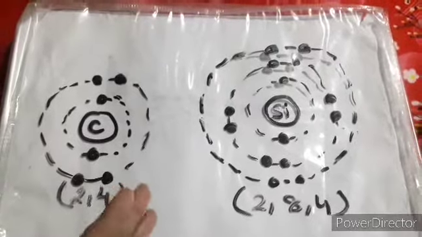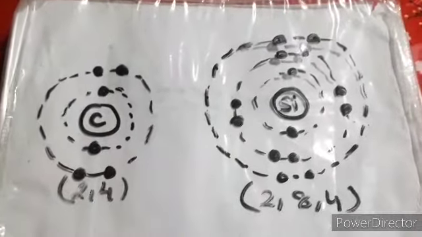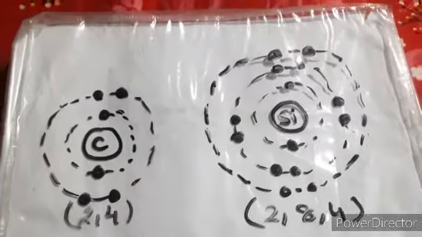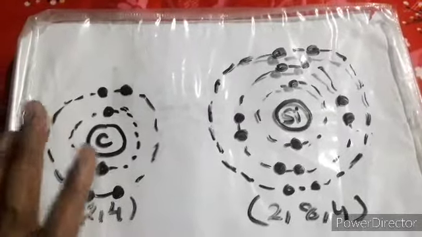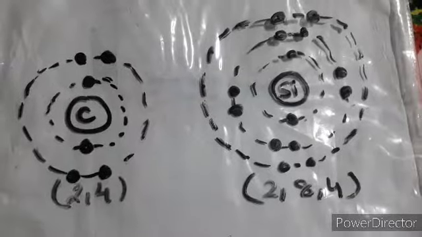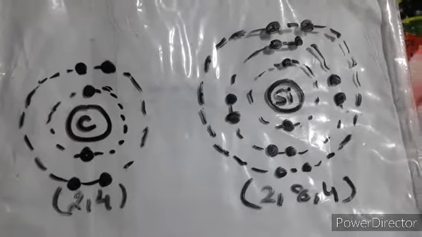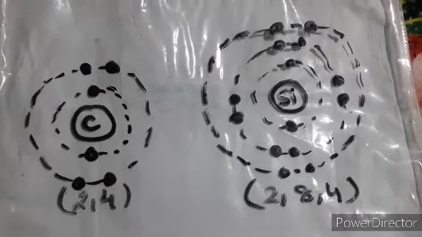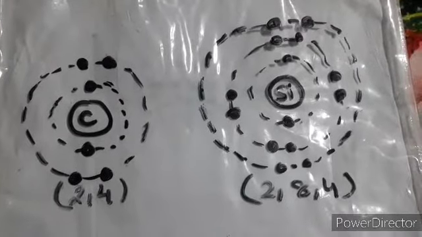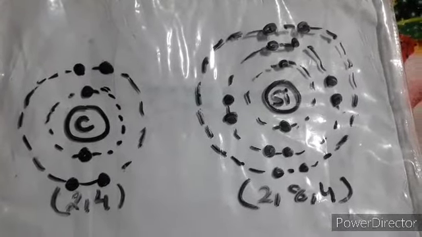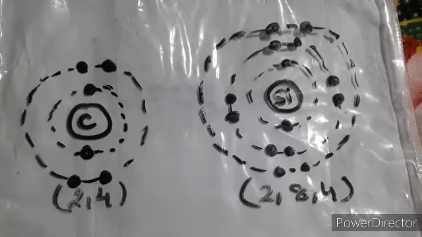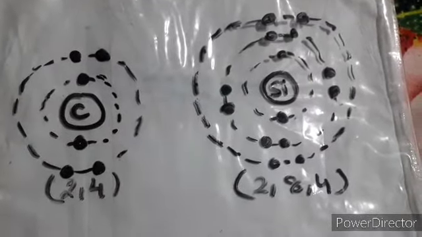Let's focus once again on this concept. I'm taking again these two examples only, those whose ionization energy is low. Now once again we are focusing on the diagram, and I just want to tell you that if particular atoms have a low ionization energy, then they behave as a metal and they have a tendency to lose the electrons.